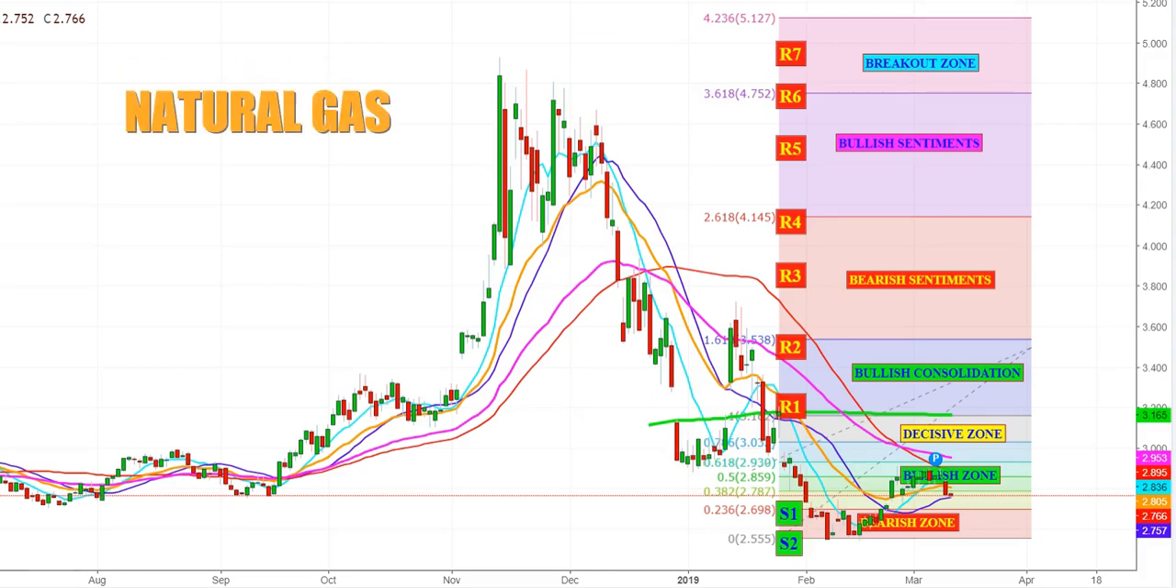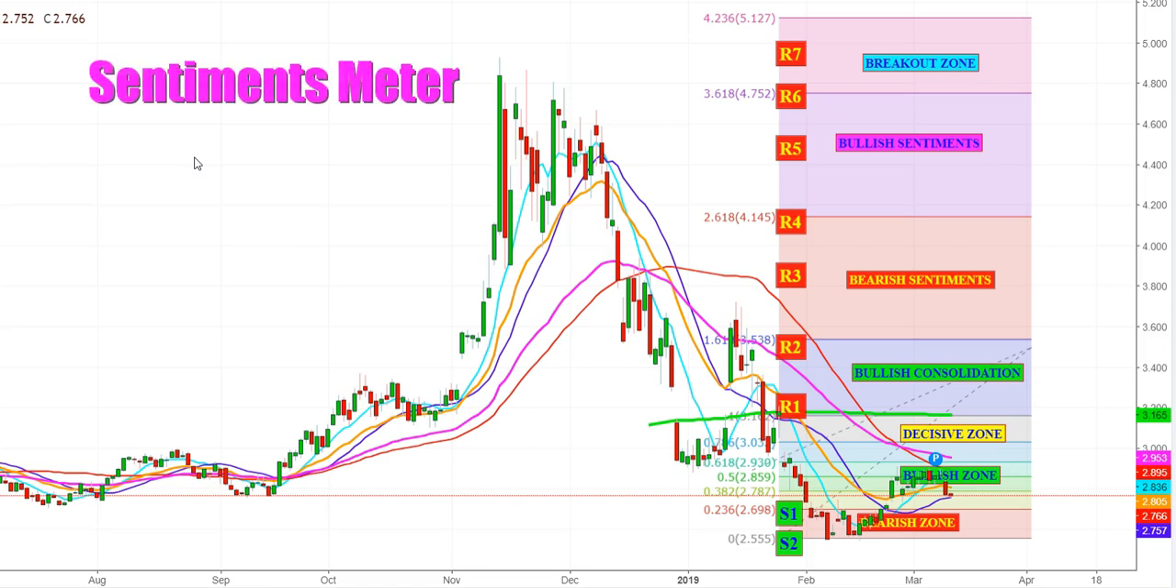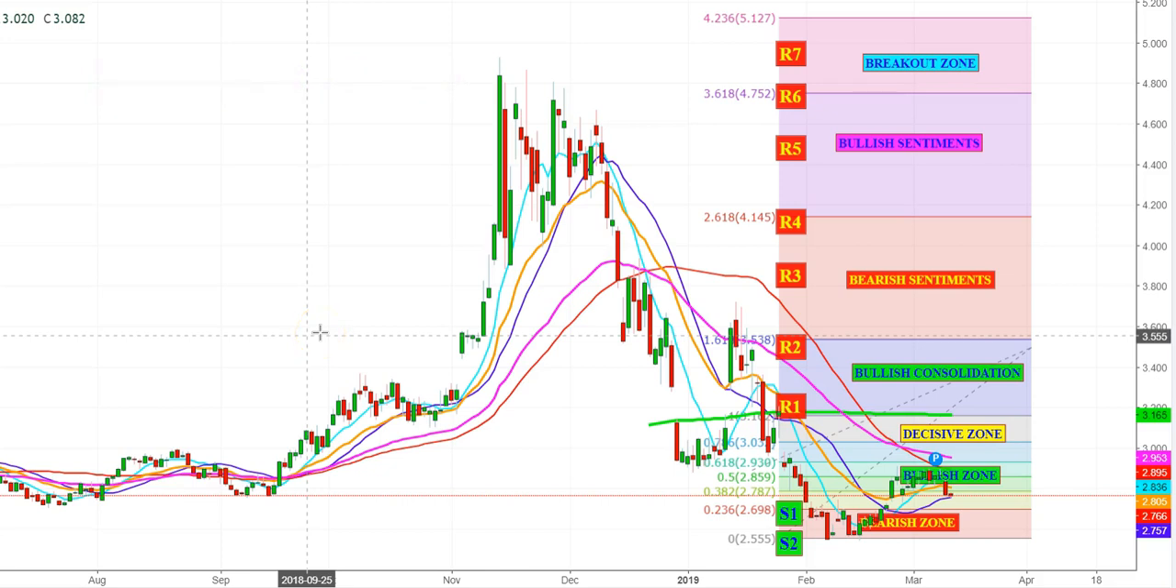Today I'm going to present my analysis on natural gas futures in different time frames. First of all, I would like to mention that here you can see my sentiment meter for mapping the moves of natural gas futures, which I designed on January 20th, 2019 to map the upcoming moves of the natural gas